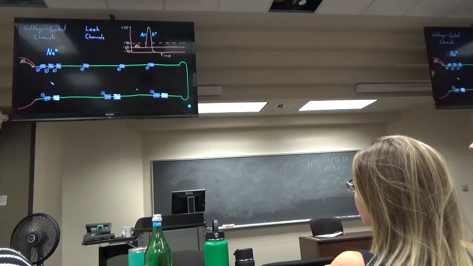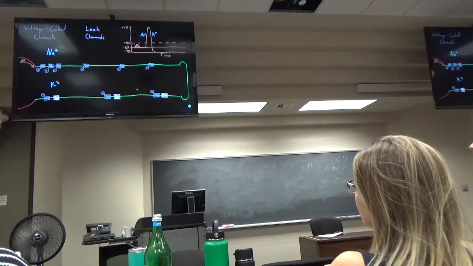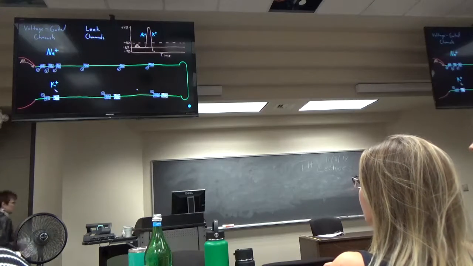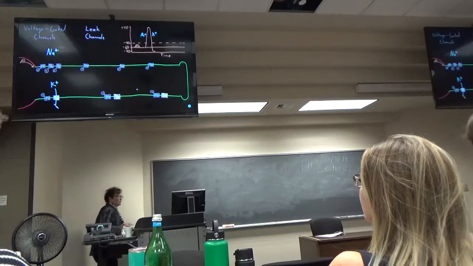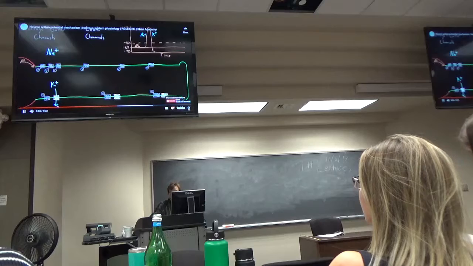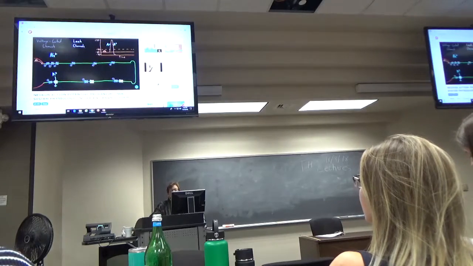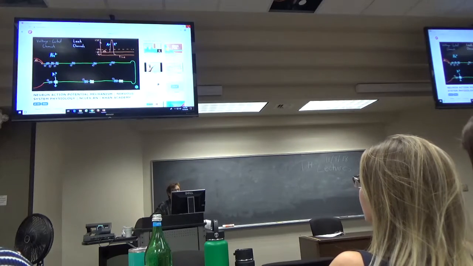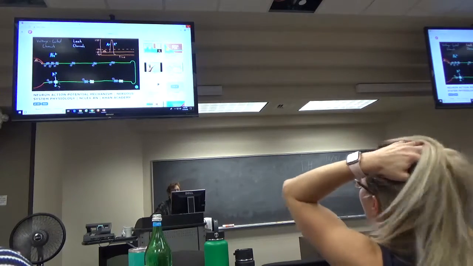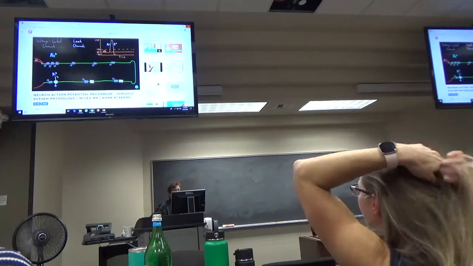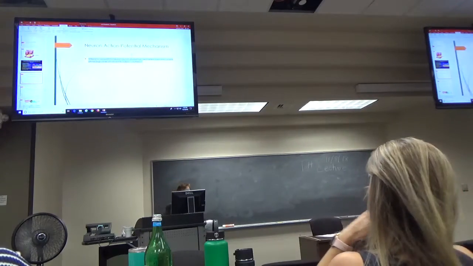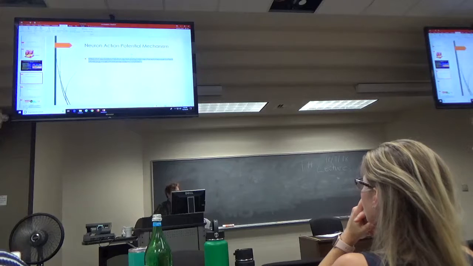The first are the leak channels that we talked about when we talked about the resting membrane potential. Now, a little potassium is exiting through the leak channels at the resting potential, but even more potassium than normal starts to exit, because during these parts of the action potential, the membrane potential is positive, so that during this part of the action potential, both the diffusion force and the electrical force are strongly trying to drive potassium out of the